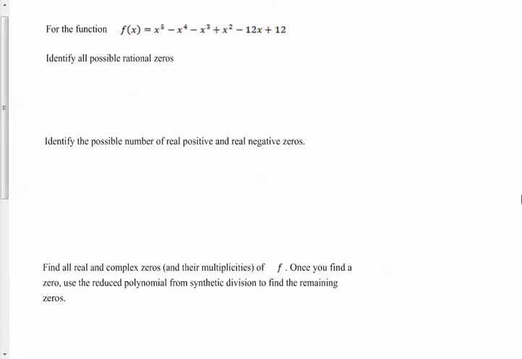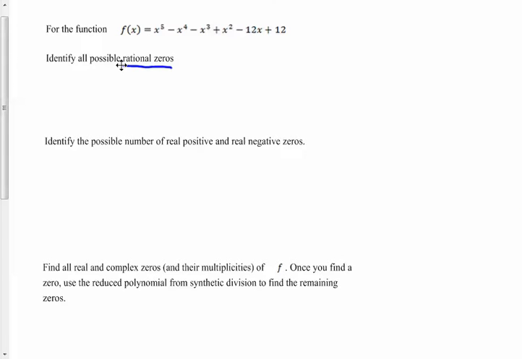In this podcast, we'll find the zeros of a polynomial function. We can use our different theorems to help us narrow down the possibilities that we have to check. One theorem we can use is the rational roots or rational zero theorem, that says our possible rational zeros,